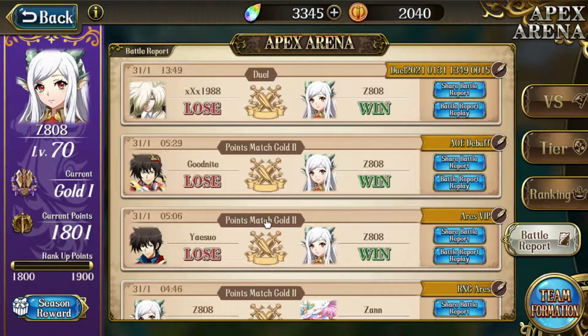So second point, a lot of setup required, but make sure to separate his SP Elwin away from his team so he doesn't get the support that he needs. The third game is going to be